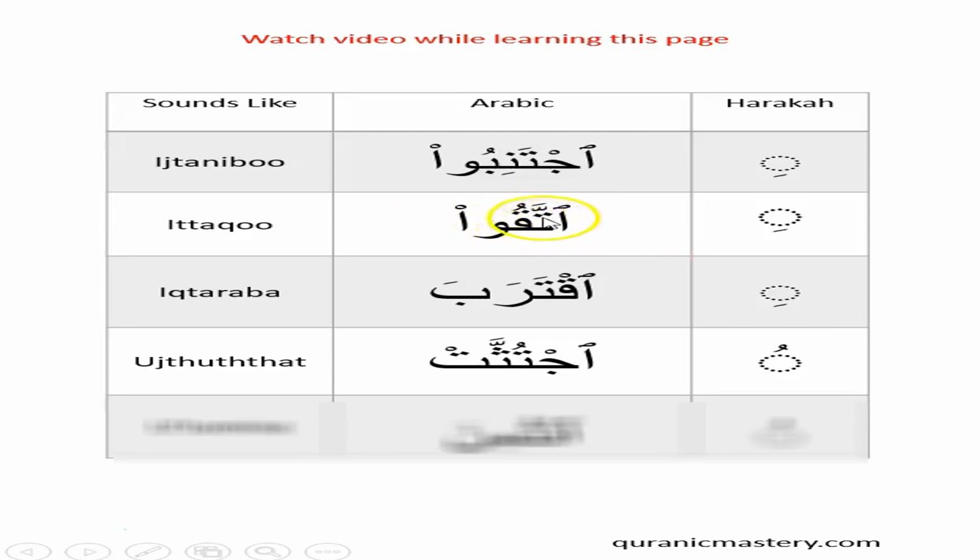So in actual fact, this ta with the shadda and the fatha on it is the third letter. And that's why we will count this letter as the third letter, and this is why it takes the haraka of a kasra. So the Hamzat al Wasl here will take a kasra, because what we're doing is counting 1, 2, 3. The qaf is actually the fourth letter and the ta is the third letter. Again, with the shadda, the first ta is with a sakin and the second ta is with the fatha.